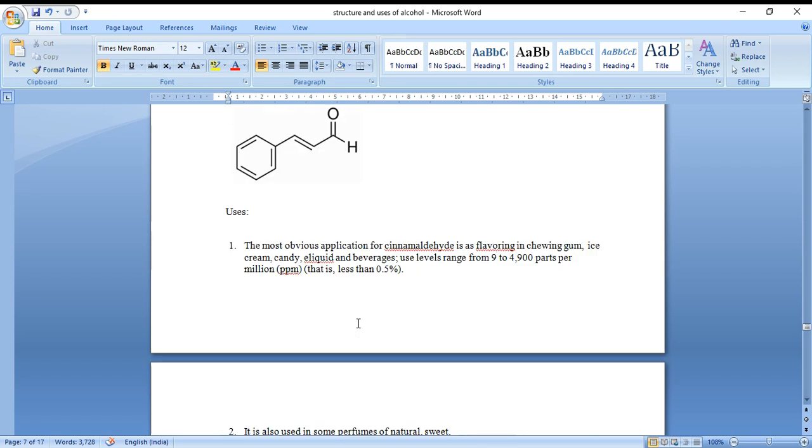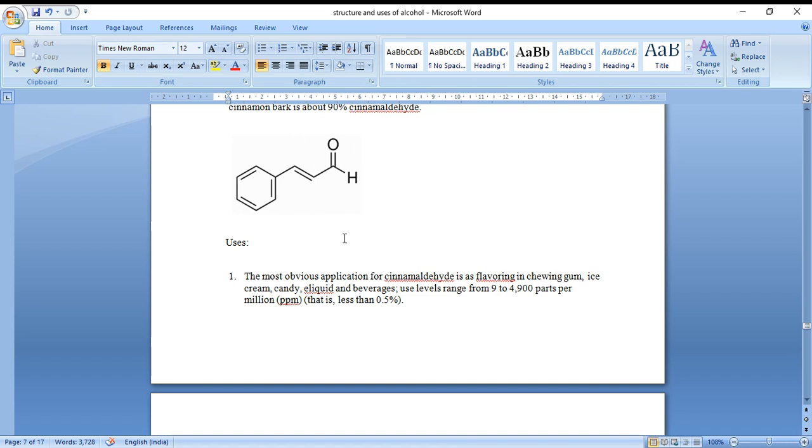And structure is very important. You people have to practice all the structures. You can write the uses simply, but you have to practice the structure of each and every compound. In the exam, they are asking either for 2 marks or 5 marks, and even for the last batch they asked for 10 marks. So don't take it easy. In every chapter you have so many compounds. You have to study the structure and uses of all those compounds.